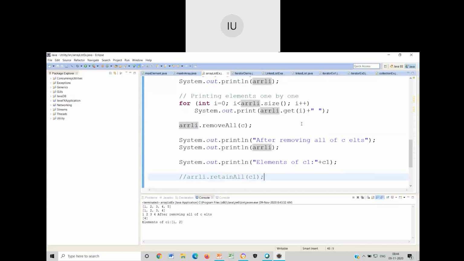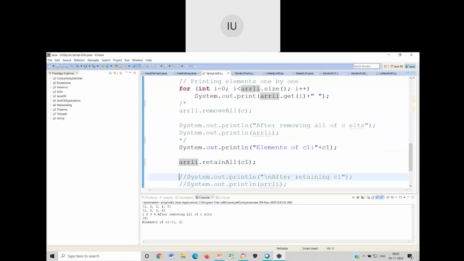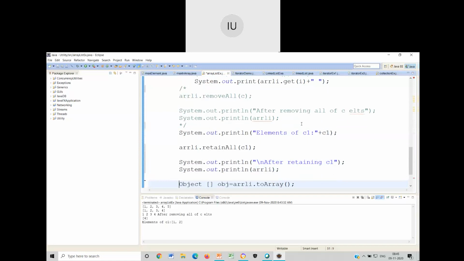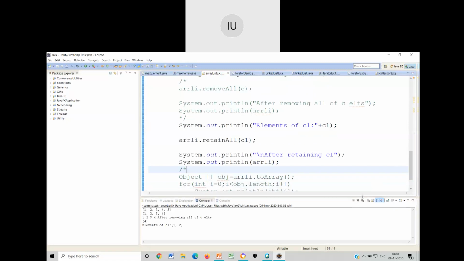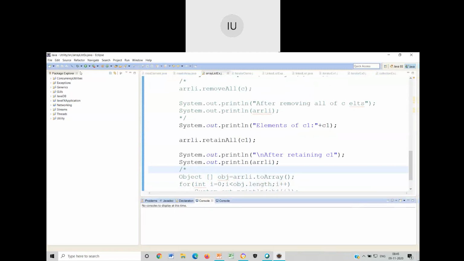Then next, I will uncomment this. Now I will comment these lines because the task is done. Okay, I'll comment these lines and I'll uncomment this. Now what will happen? We will see. Okay, let me comment this. I don't want to use this right now. Now, accordingly, rerun this code. I will come back to your question. Please give me time. Let me rerun this. Now just have a look at this.